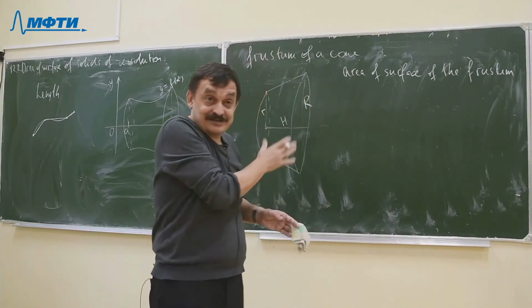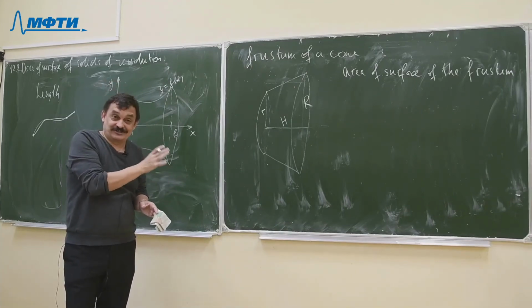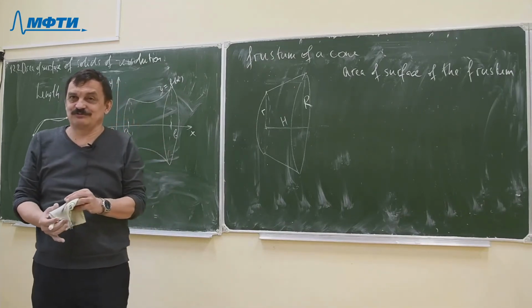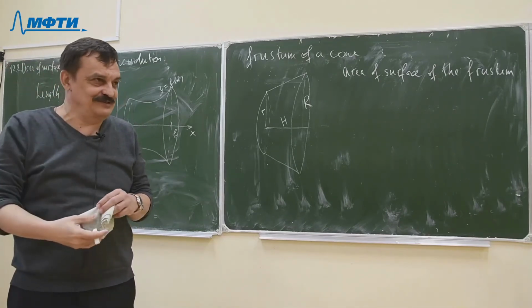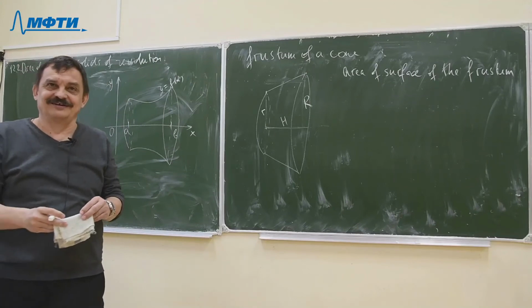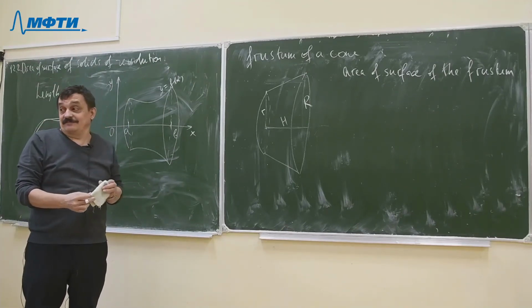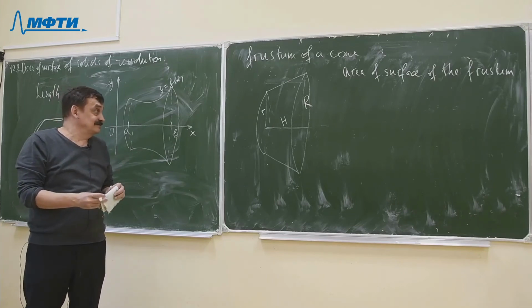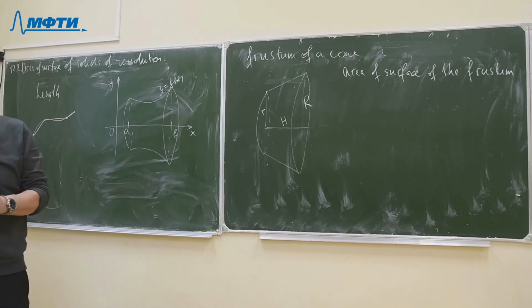And with areas of surface there will also be a more or less rigorous theory, which will be presented not next semester, but in the fourth semester. So it is even more complicated. But for a while, we refer to some facts from